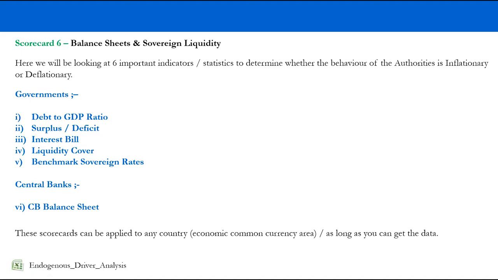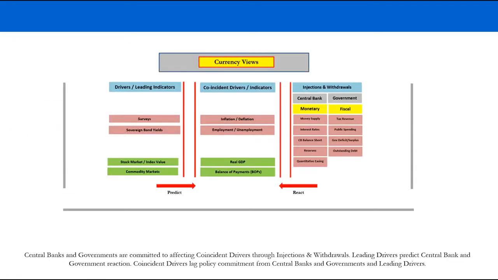So it's exactly like our previous statistics when we're looking at surveys, money supply, inflation, employment, etc. The theory is all the same. If you can apply it here, you can apply it elsewhere, as long as you can get the data. And we'll be going over to our spreadsheet, endogenous driver analysis, soon, to have a look at the actual data, where we get it from and how we analyze it. So all the data is available there.